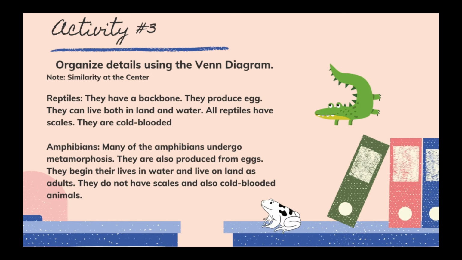Number 3. Organize details using the Venn diagram. Note, we will take note of similarity at the center. Reptiles. They have backbone. They produce egg. They can live both in